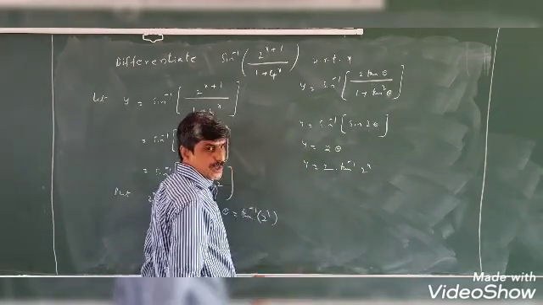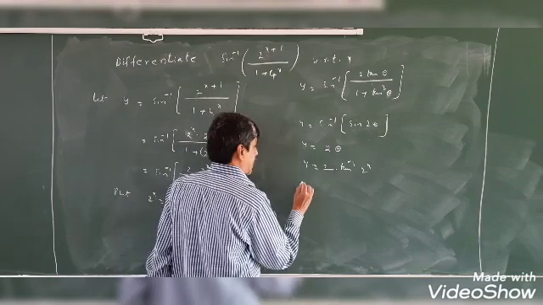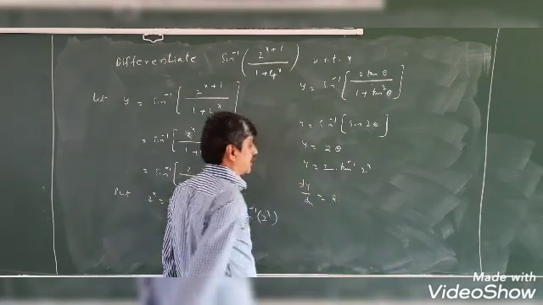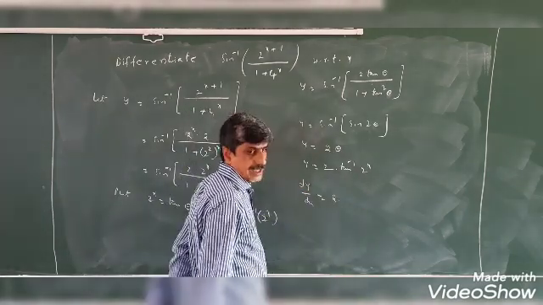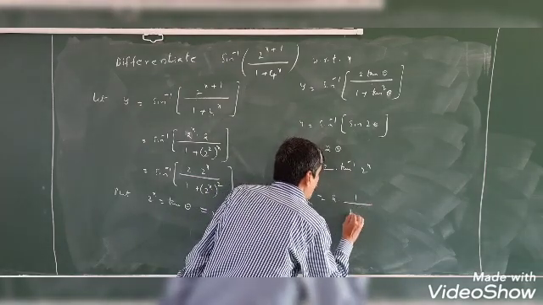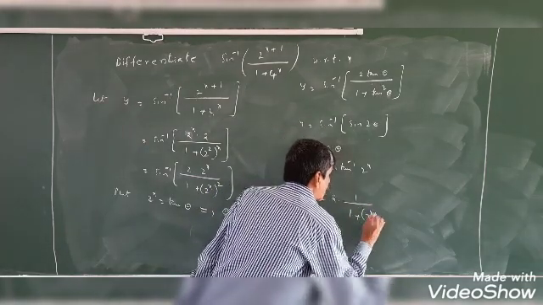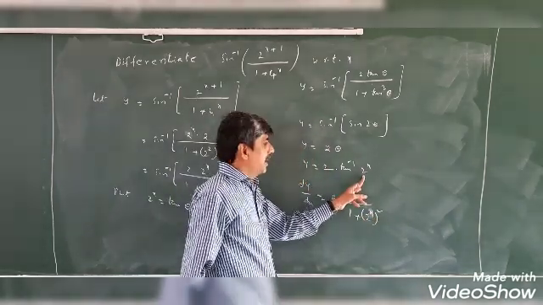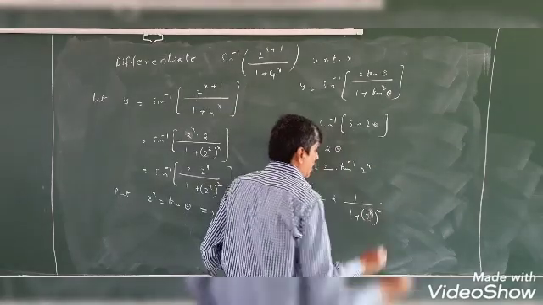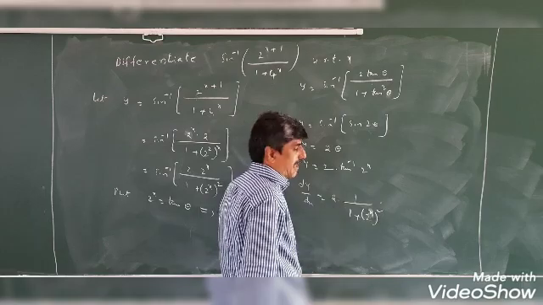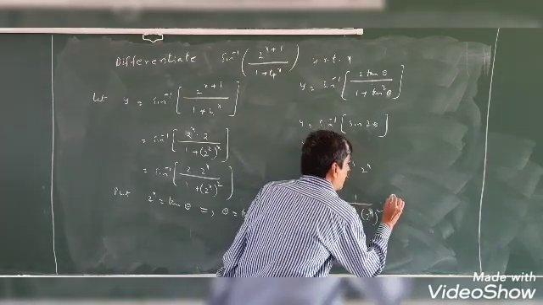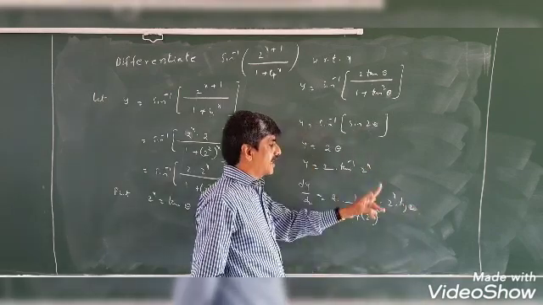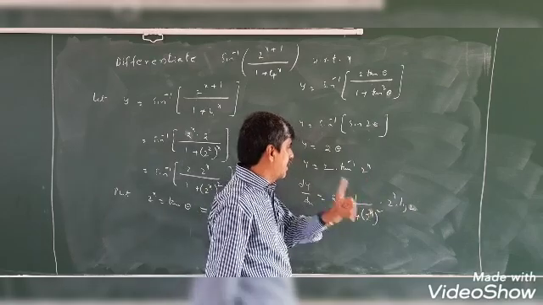So now differentiate with respect to x on both sides. So dy by dx of y, we will write it as dy by dx is equal to 2, which is a constant coefficient, keep it the same, then d by dx of tan inverse x. D by dx of tan inverse x means 1 by 1 plus x square, but here in the place of x is 2 power x. Then d by dx of 2 power x. So the derivative of a power x is a power x log a. So d by dx of 2 power x is 2 power x log 2, then d by dx of x is 1.